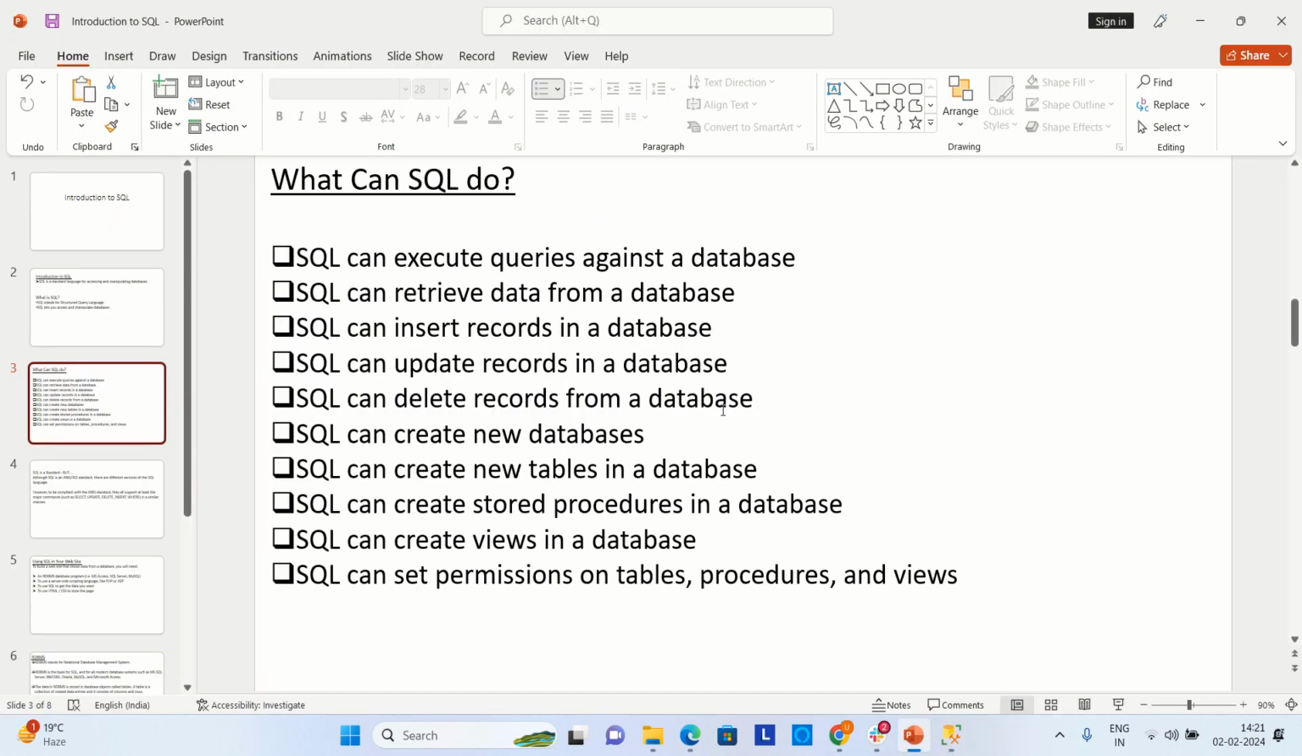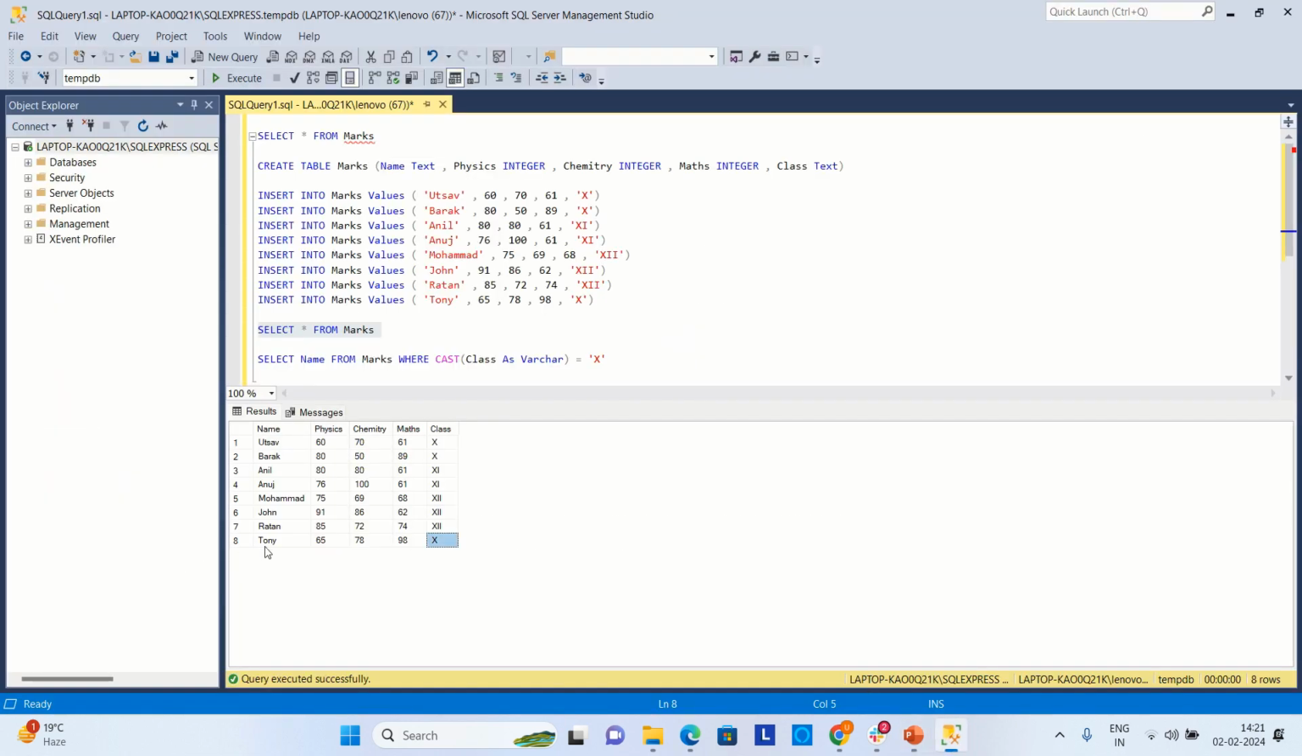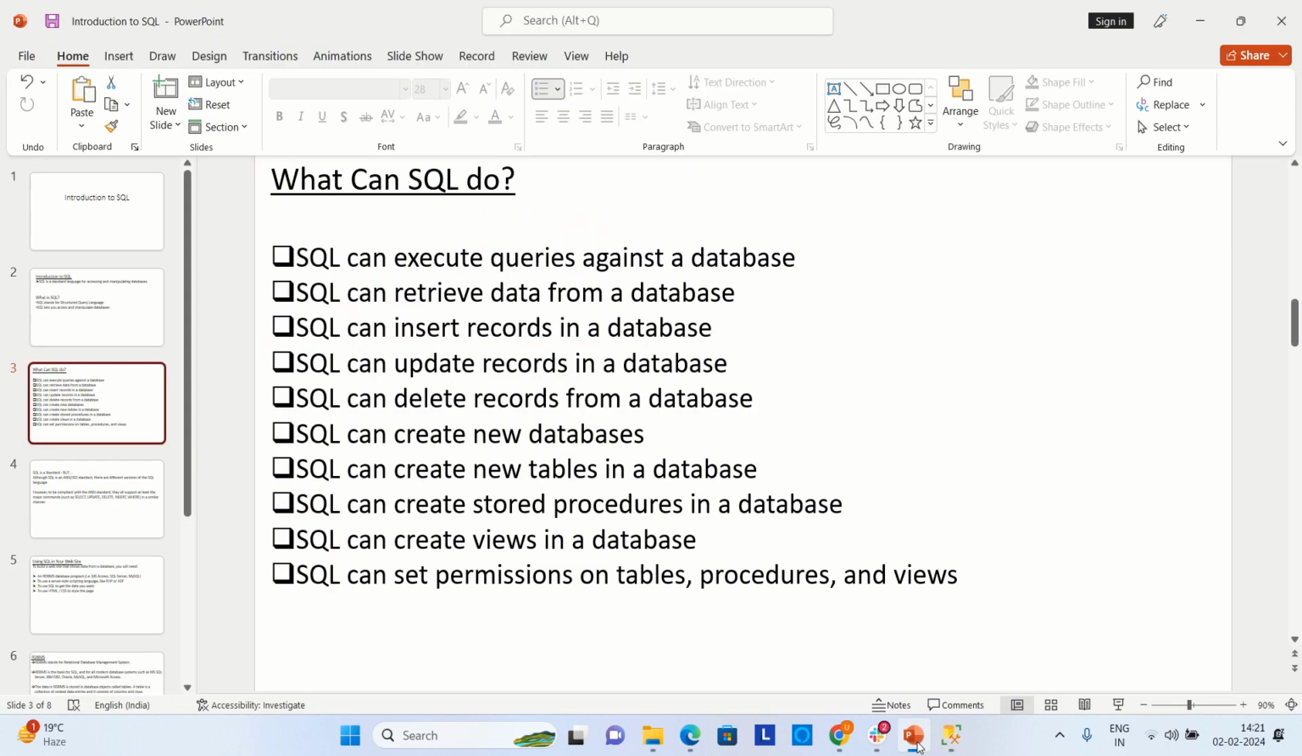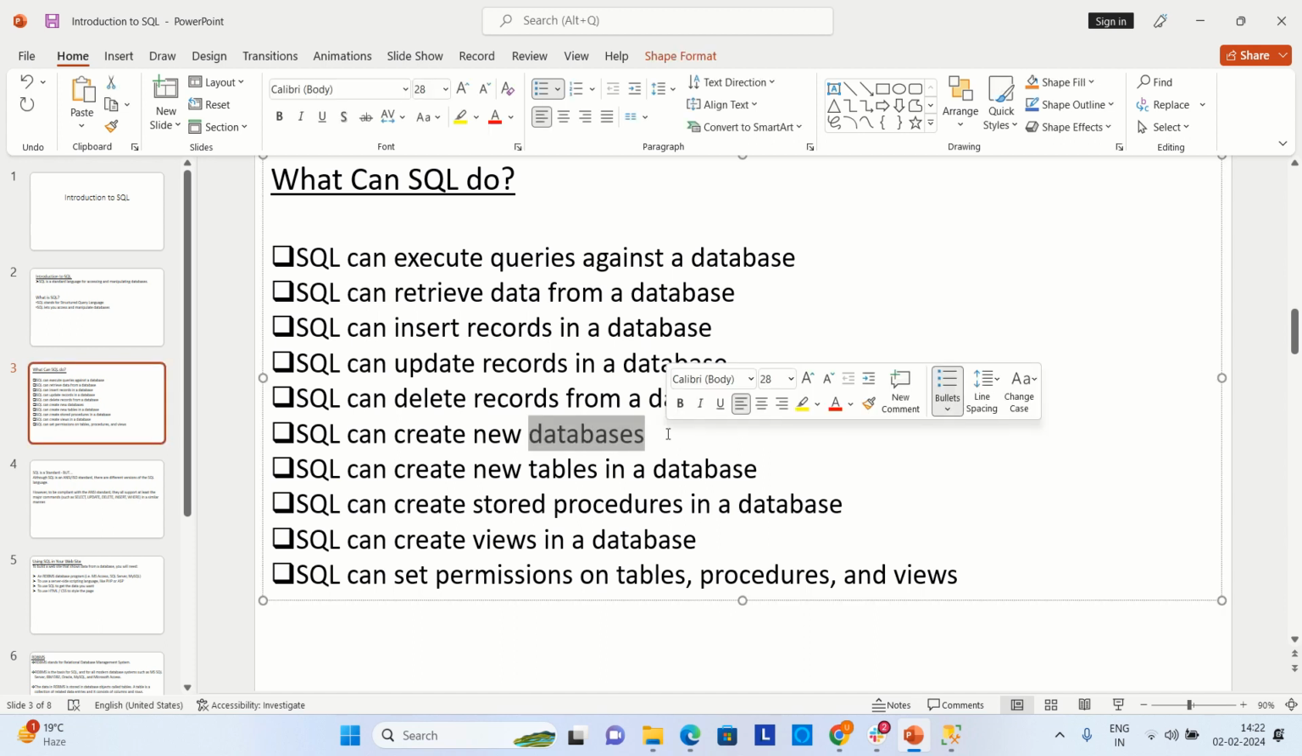We can delete records. For example, it could be that Tony is no longer studying in the school, so we can delete Tony's record from that database. We can create new databases as well. For example, right now the database that we are discussing is marks. We might want a new database where we only want personal information of students. So we can create a new database with the name personal info, and then we can create corresponding tables inside that